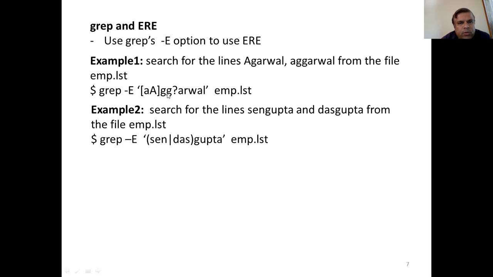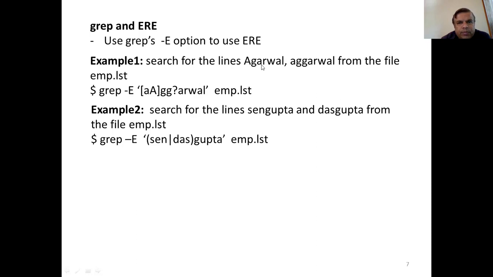Match a single G. After G you put a question mark. So this will match no G here. There is no G in the first name, but in the second name G is there. So in this name it matches no extra G, and in the second name it matches the extra G.